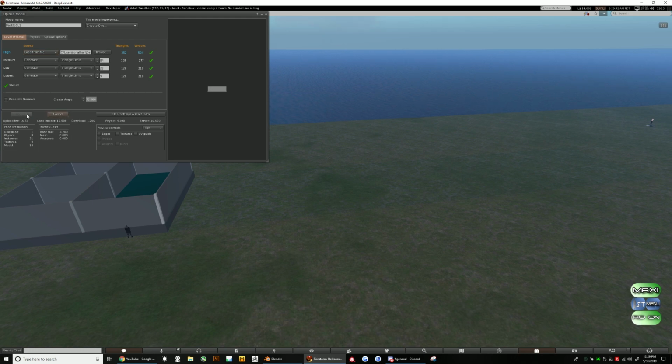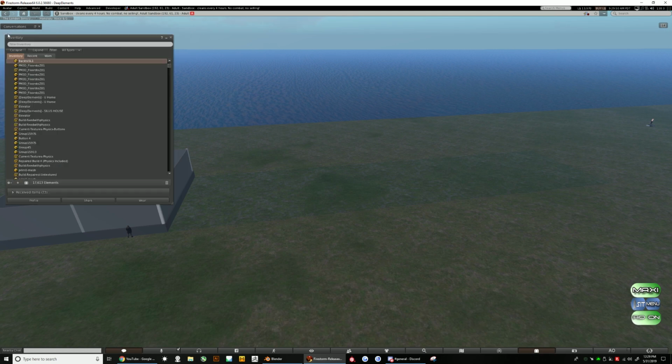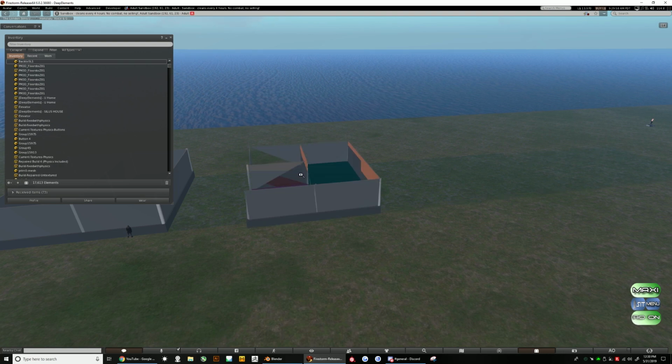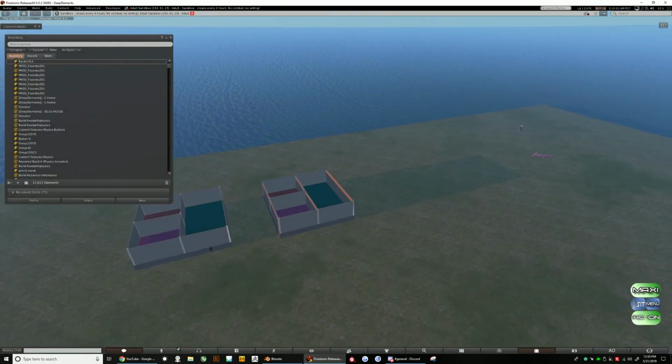Let's do it. Should be very quick, and it was 32 Linden. Okay, and let's go here and let's rez it out. Okay, so we have this model here now. They're identical,